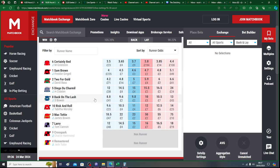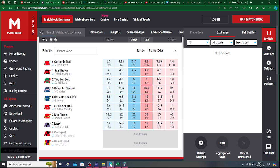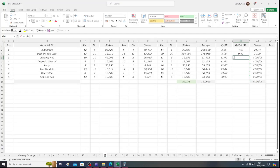And Back on the Lash, that's currently trading at 9.8 on Matchbook, and stakes of £10.20 would return £100. And our third selection is Certainly Red. And Certainly Red is the favourite. That's trading at 3.7. So we'll add the first two up first of all,